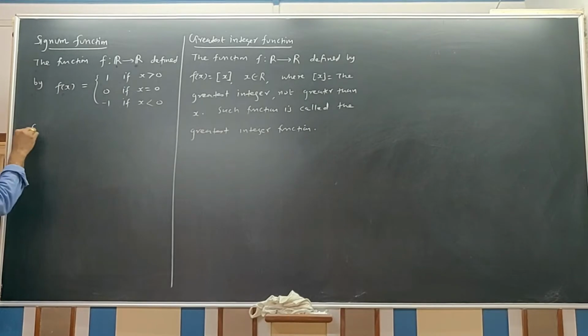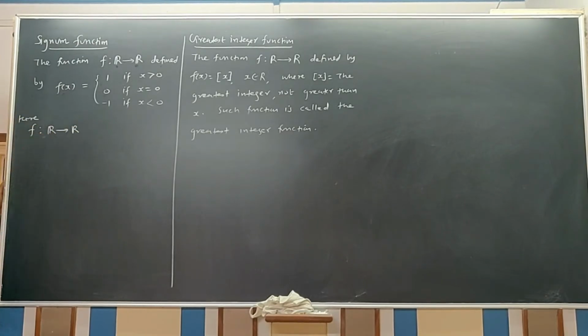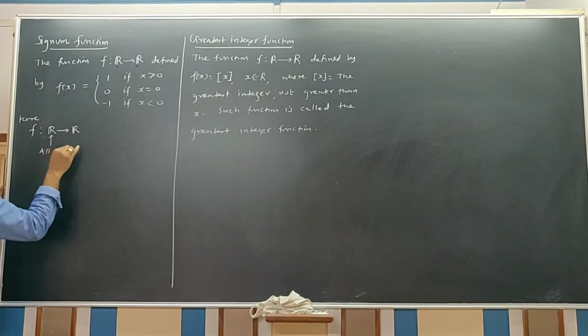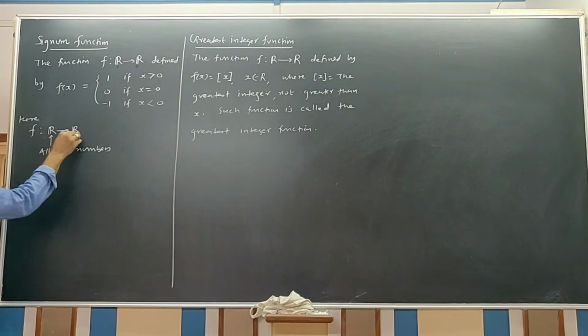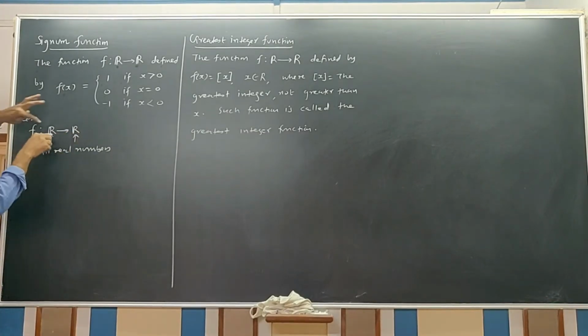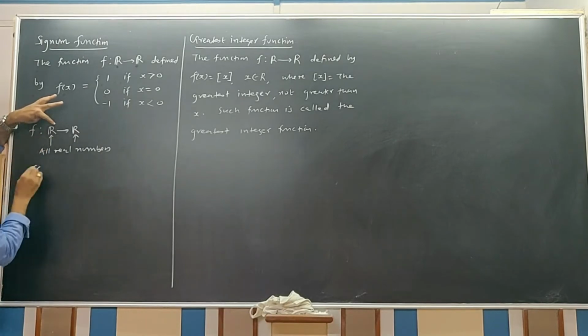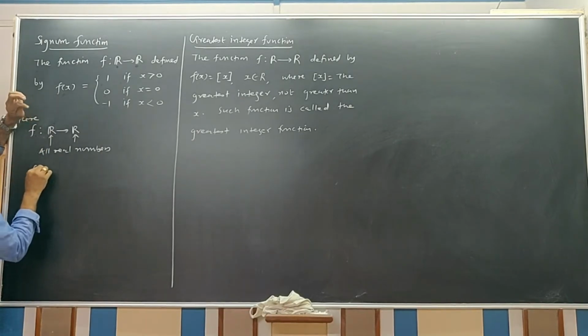Here f is from R to R, the domain is R and the codomain is R. R contains positive as well as negative numbers, all real numbers. Here R is the set of all real numbers. Now from the set of real numbers, in this machine, if I keep, suppose, 5